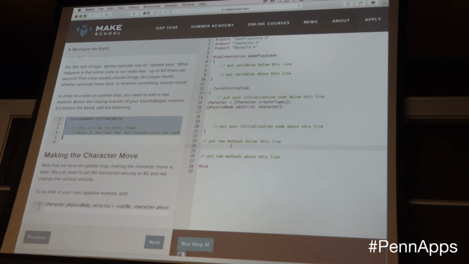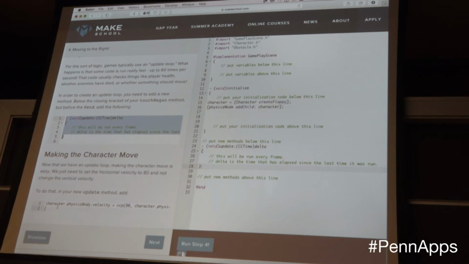So we have a subclass of a scene that already has this update method, and there's already a timer and all sorts of crazy things that are going to call this for us, and we reliably know that we're going to get it. And when we get it, we're also going to know the amount of time that's lapsed since it's been called last.